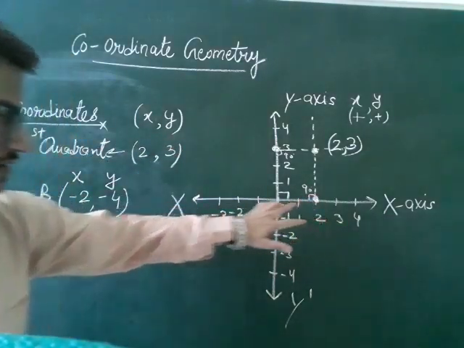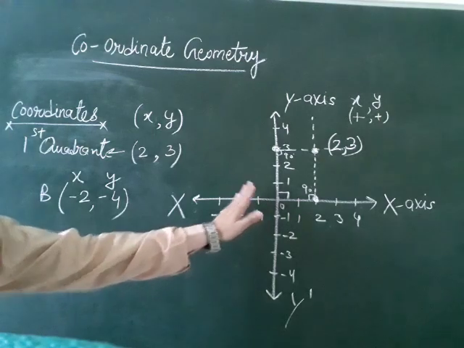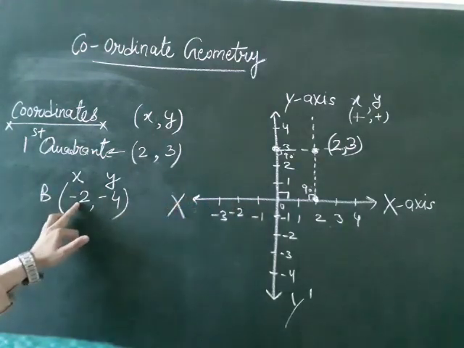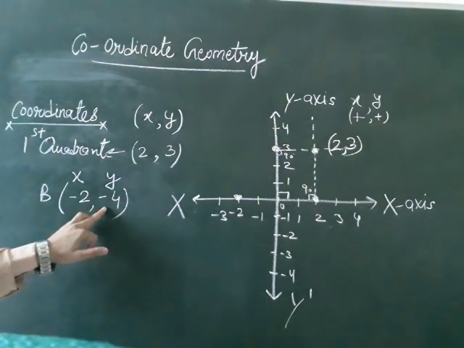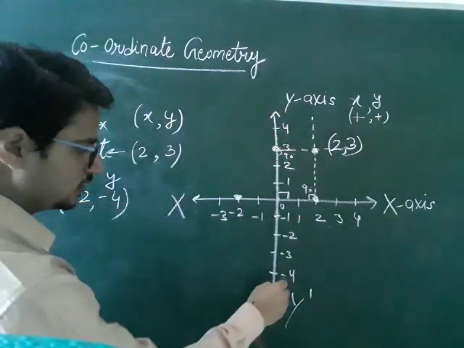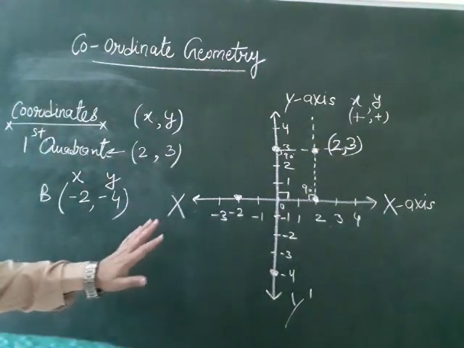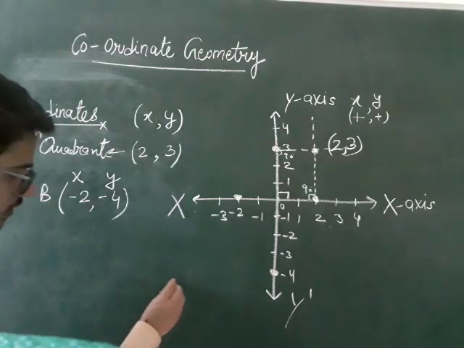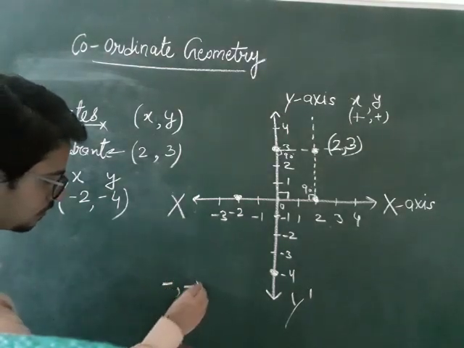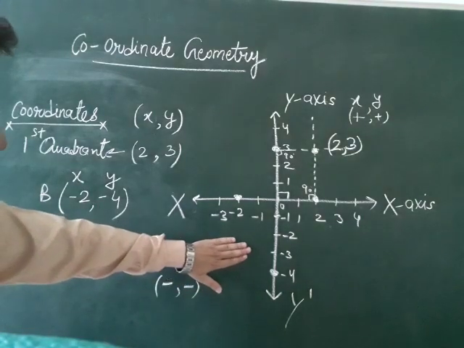This is your x-axis and x is negative here, so x is negative on the left hand side. x is equal to -2. Here we have x is equal to -2 and y is equal to -4. On the y-axis, y is equal to -4 is here, and with the help of sign we know that a number of the type minus minus will be placed in the third quadrant.